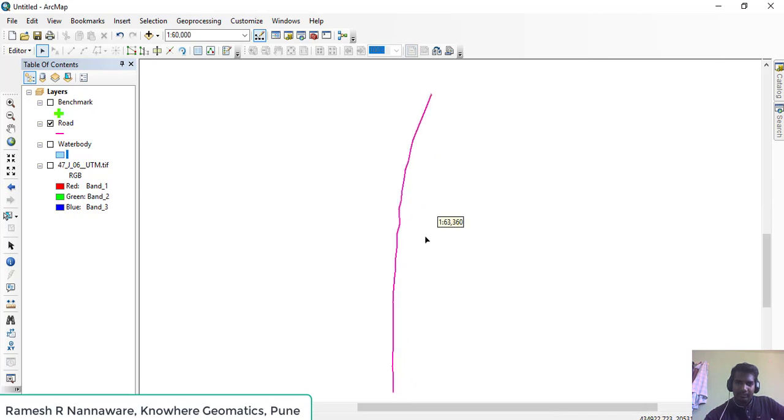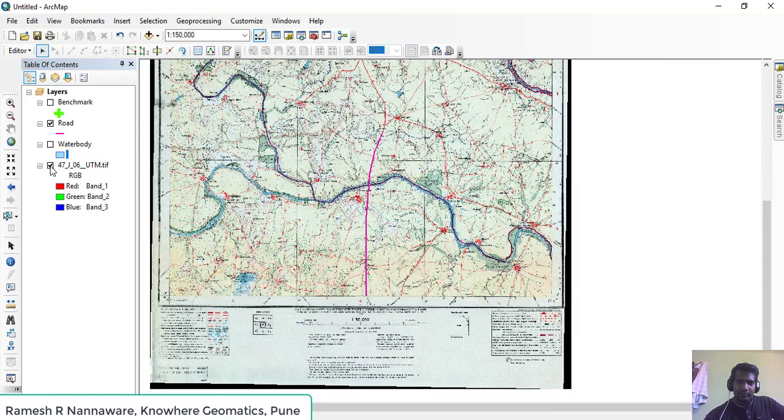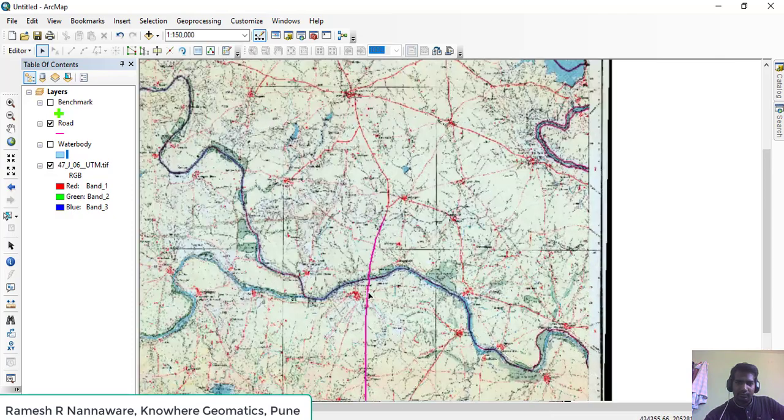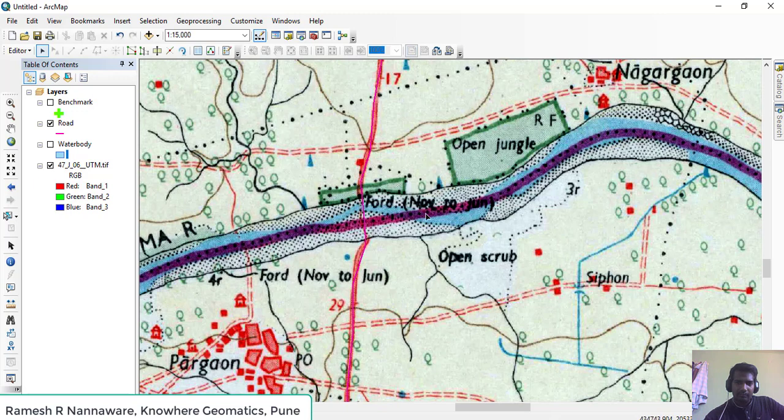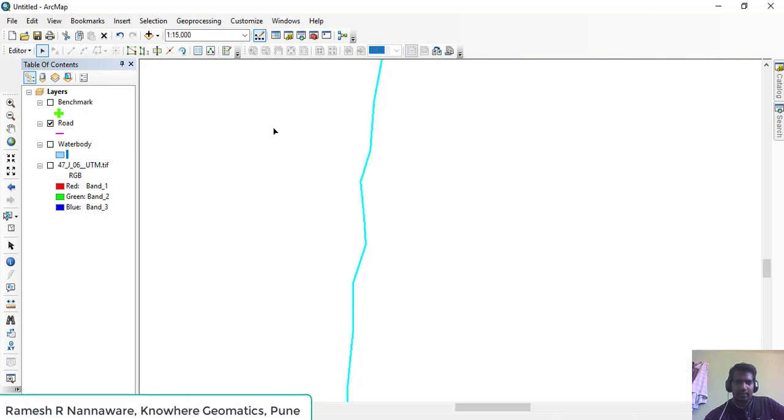Now suppose I want to split a line into two segments. So what will I do? Suppose I want to cut this road line at the intersection of the river, from this particular point. I will turn off the toposheet layer. Suppose I want to cut from here.